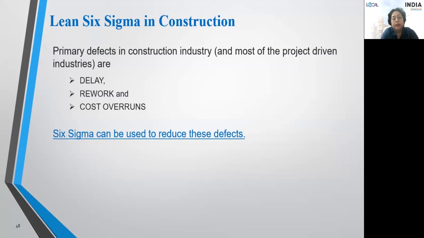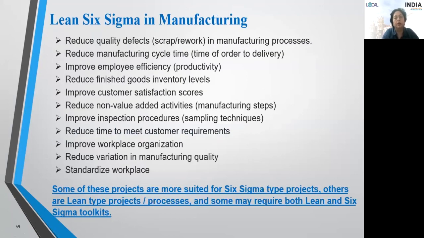Primary defects in the construction industry are delay, rework, and cost overruns. Six Sigma can be used to reduce these defects. Six Sigma is very popular in the manufacturing industry. So in that, you can see reduced quality defects